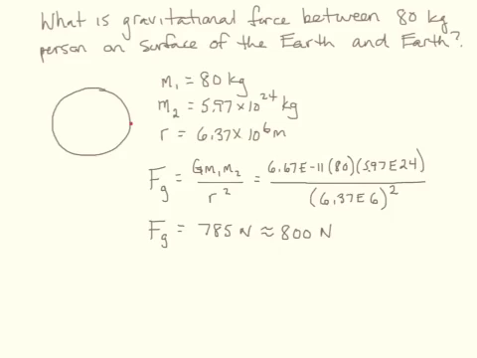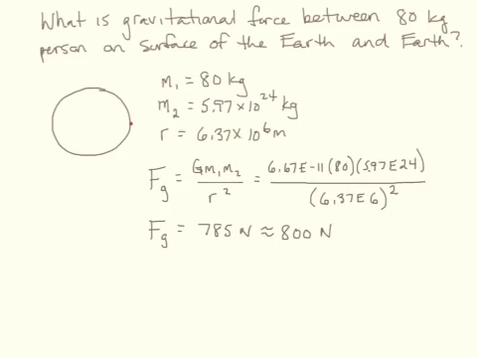Alright, so we've plugged in our value of G, 6.67 times 10 to the negative 11th, times the mass of the person, 80 kilograms, times the mass of the Earth, 5.97 times 10 to the 24th kilograms. And we've divided by the radius of the Earth squared, and that comes out to 785 newtons, or approximately 800 newtons. And hopefully, at this point, some of you have realized there's a much easier way to work this problem,